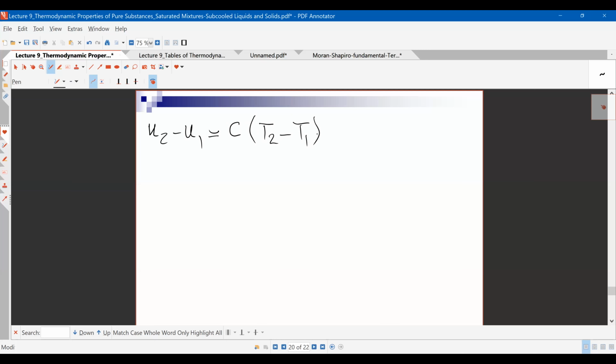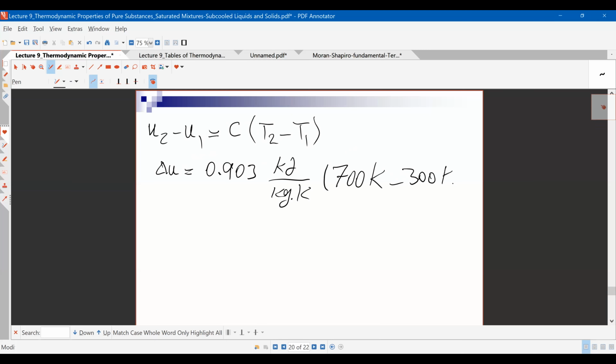And if you plug in the values, delta U will equal 0.903 kilojoules per kilogram Kelvin times 700 Kelvin, my final temperature, minus 300 Kelvin, the initial temperature. And with that said, delta U equals 361.2